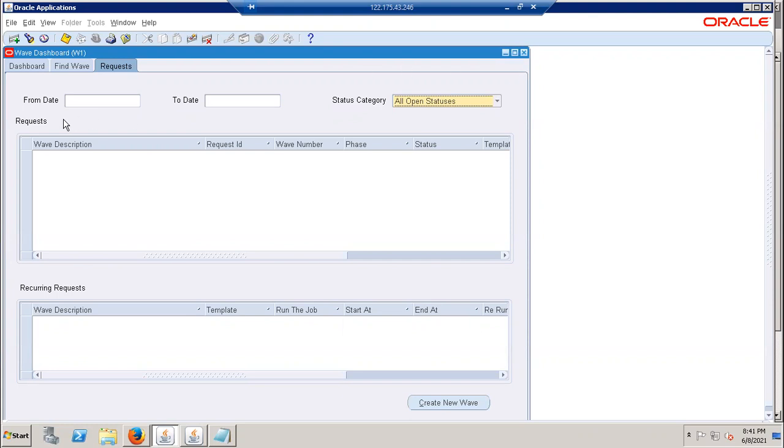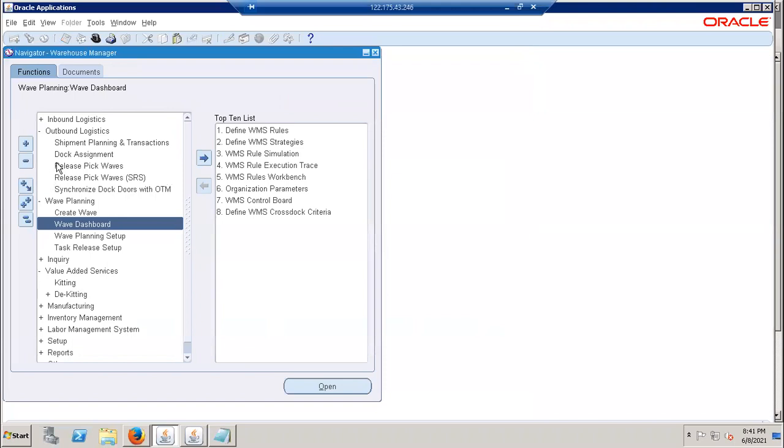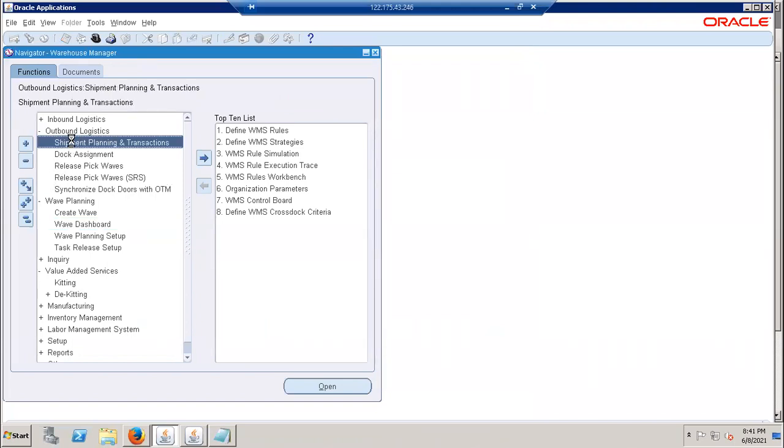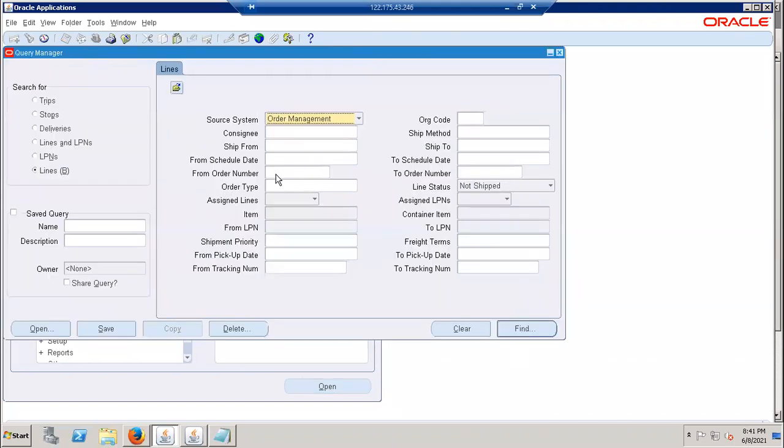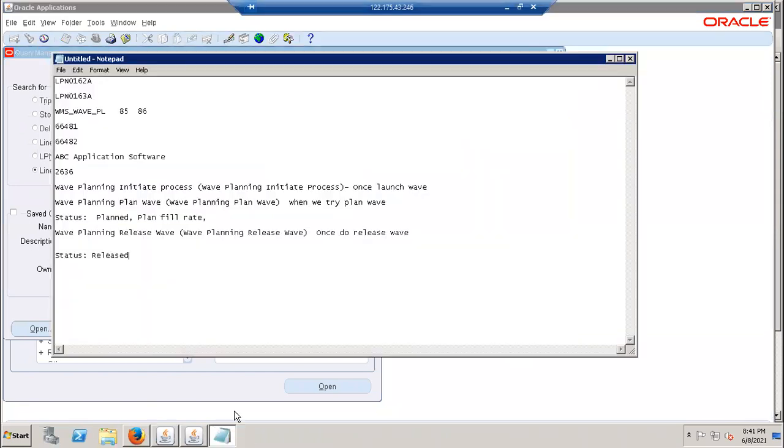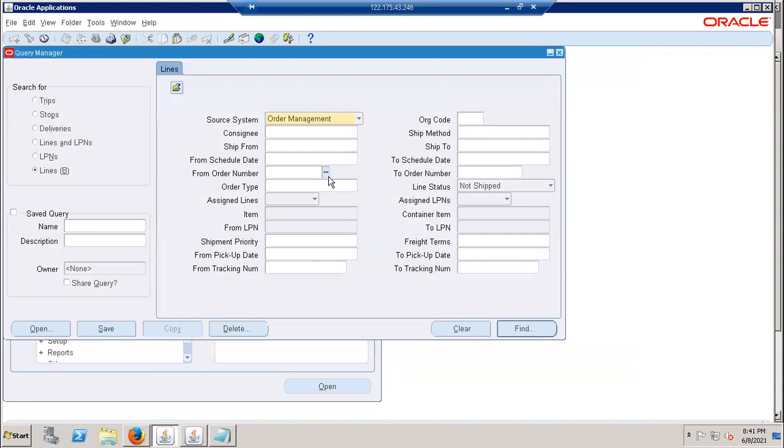Now let's check here. Can you check anything here? Nothing here, nothing here. You don't have anything here. Go to your correct one. My only expectation was that it should happen here. 66481 to 66482.